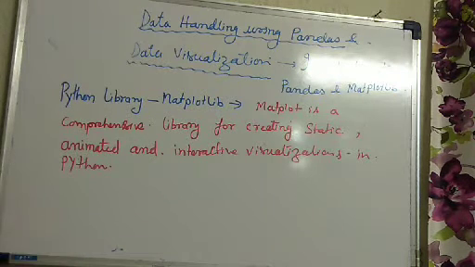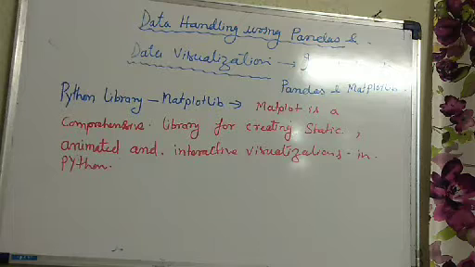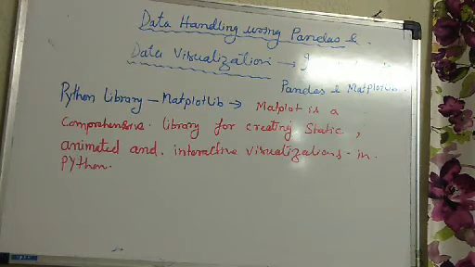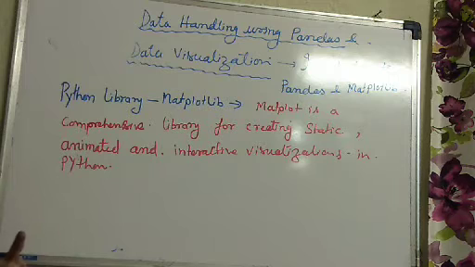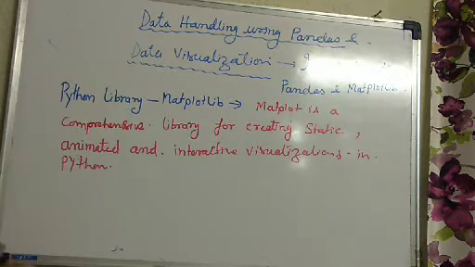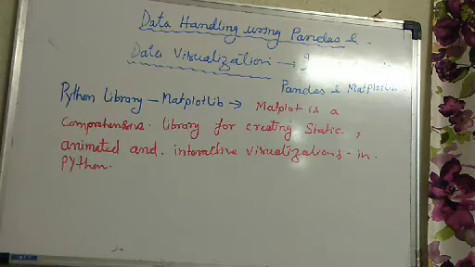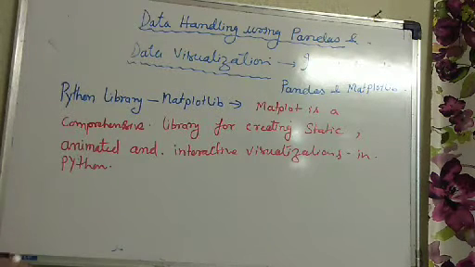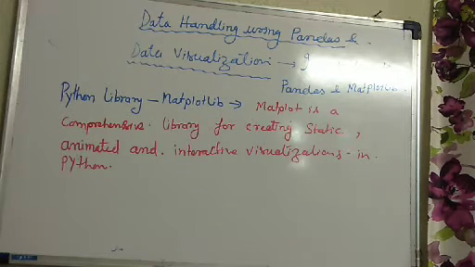Students, as in the previous videos, through the pictures I have shown you how it represents the pictorial form of the analyzed data, right? So it is used to develop publication quality plots with just a few lines of code. This makes the analysis very easy. After analyzing, it is required to present the result in visual form. So it is made very easy for the programmer to present the information to the audience, to the organization.